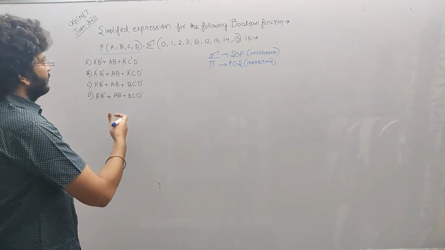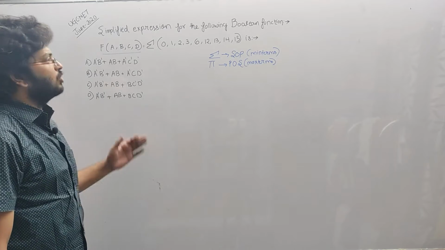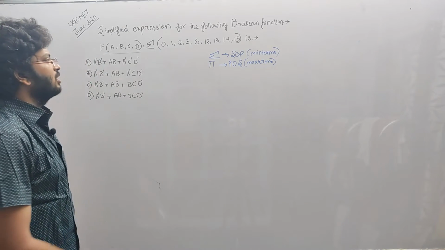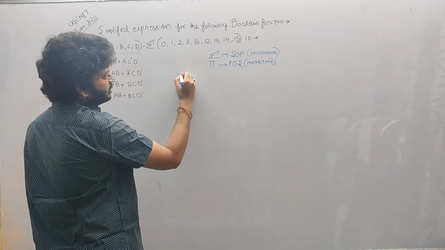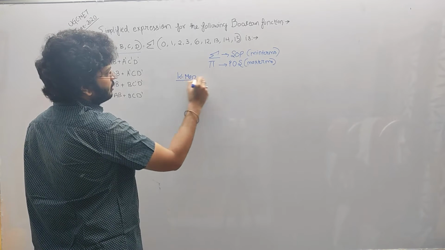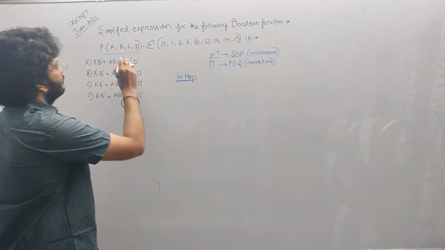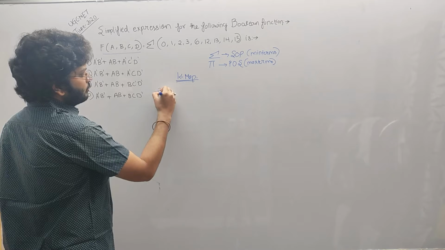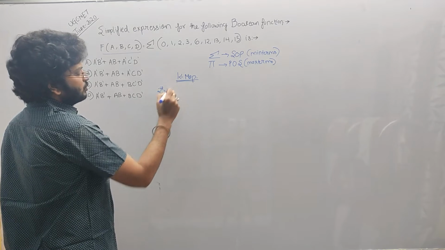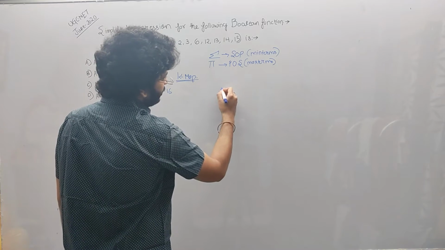So various options are given, and here we have to solve it. Basically we can solve it using the concept of K map, Karnaugh map. So we'll solve it by using the concept of K map. For this we have to follow some steps. Since we have 4 variables, 2 power 4, which is 16, we have to have a box containing 16 places. So I am making it here.